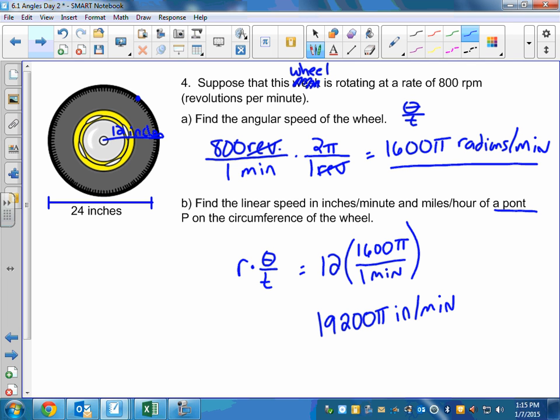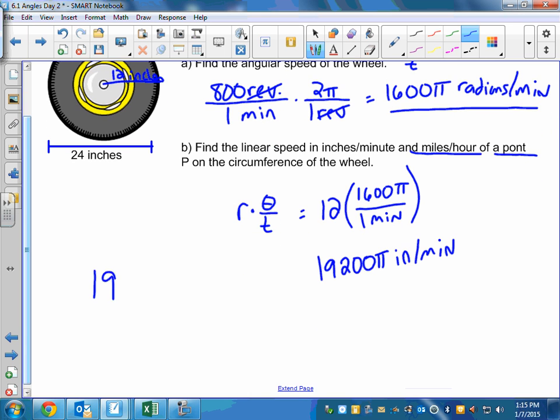inches per minute. But it's hard for us to imagine inches per minute, so that's why they throw in, let's convert that to miles per hour, so we can see how fast you would be traveling if you were tiny enough to fit on the edge of that wheel. So then that just becomes, I don't know why I enjoy this so much, but I like to say 19,200 pi inches per minute. We just want to convert inches to miles and minutes to hours. This is just some good old unit conversion chemistry stuff. You could go straight to miles if you want, but I don't know how many inches are in a mile,